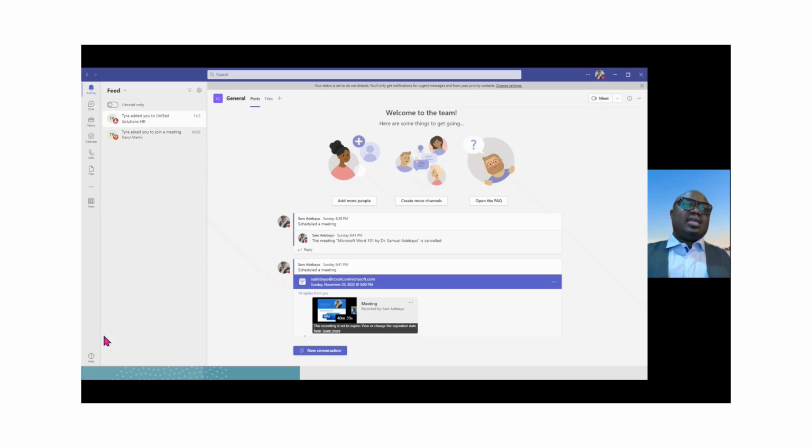On this left side is called the left rail. On the left rail, on top here, we have the activity feed, which shows all the messages that have been sent to us in Microsoft Teams, and also all our app mentions.